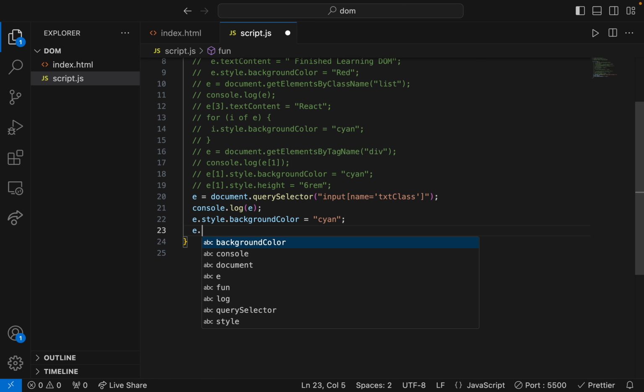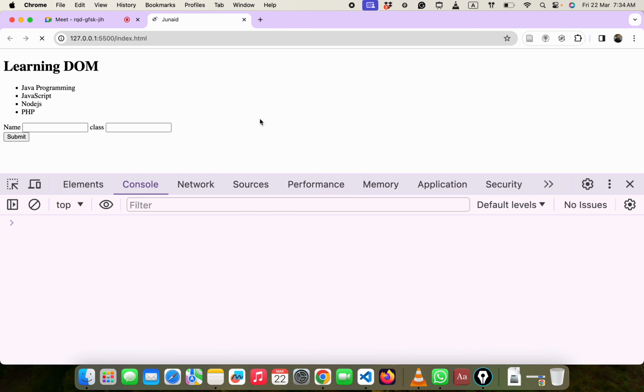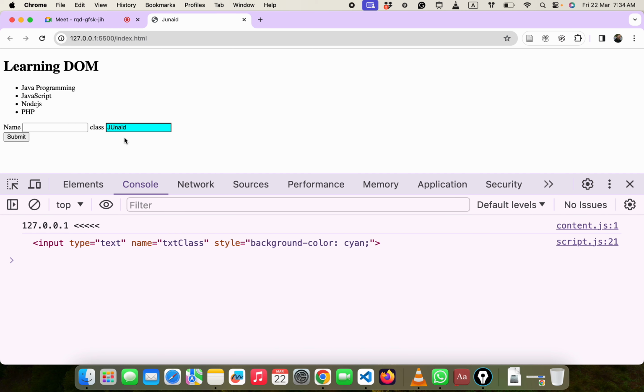अब अगर आप कहोगे ई डॉट वैल्यू जो आपने सेलेक्ट किया उसमें ना आप जुनैद डाल दो, ठीक है। तो when you select it, now you see the जुनैद is coming up as a text, क्योंकि ये वैल्यू होता है ना टेक्स्ट बॉक्स का वैल्यू। तो ये अपनी अपनी प्रॉपर्टीज़ है,